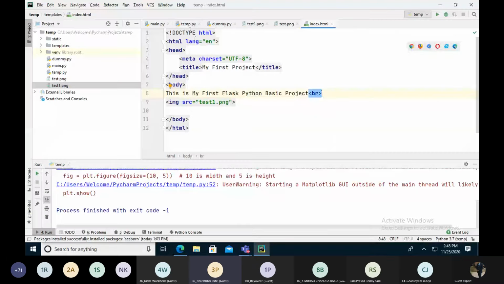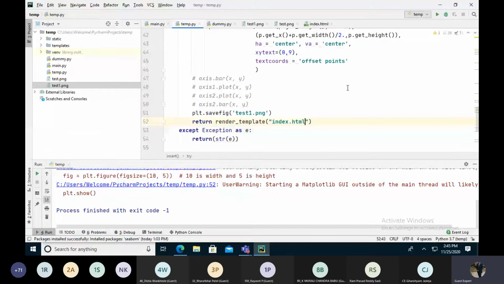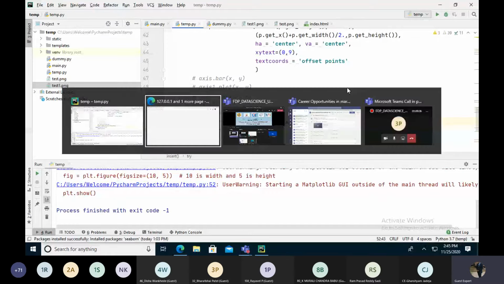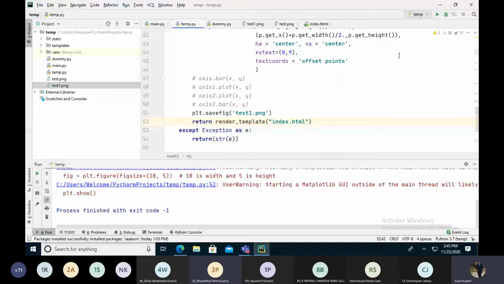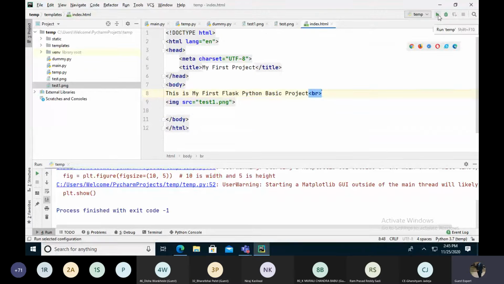I think we have to run the py file. Put them into the static folder and then you do it. Sorry, was someone asking something? Actually, we have to run the py file instead of the HTML file. Yeah. If I'm on HTML and I run it from here, it will run the py file only.